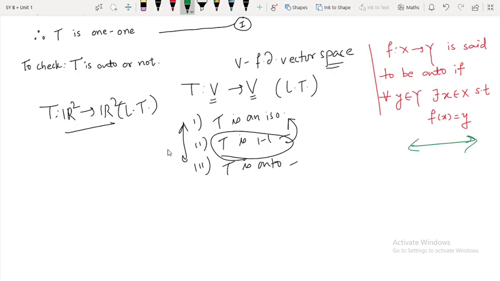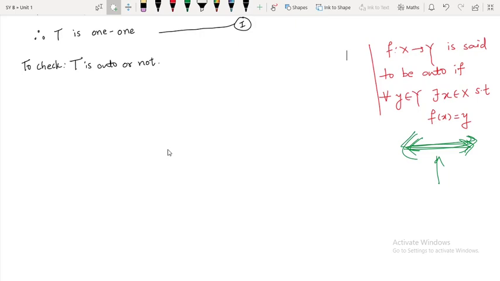The reason is because it is required to find what? T inverse. So therefore we are going to follow this method. Otherwise we can directly use this theorem and say T is an isomorphism, but still if we use this theorem, we would have to do these calculations again to find T inverse. So first let us show T is onto by this method, and using it we can immediately find T inverse. So it is clear that now T is onto over here. No issues with this, because by the last theorem T is an isomorphism in fact, so it should be onto.